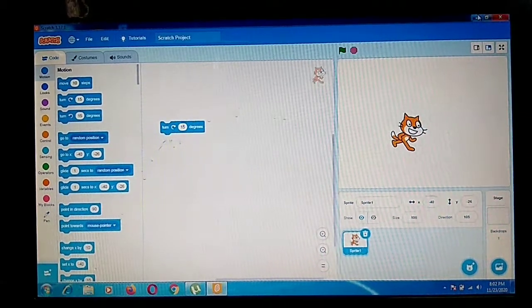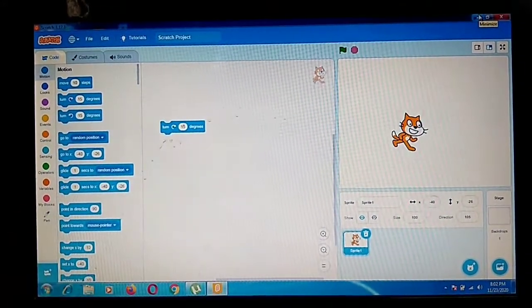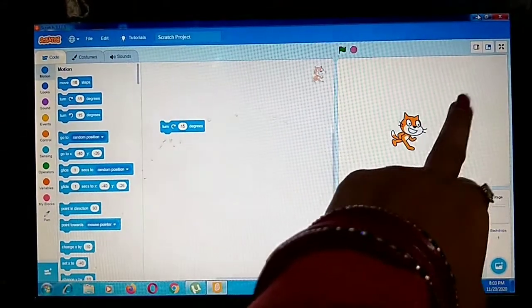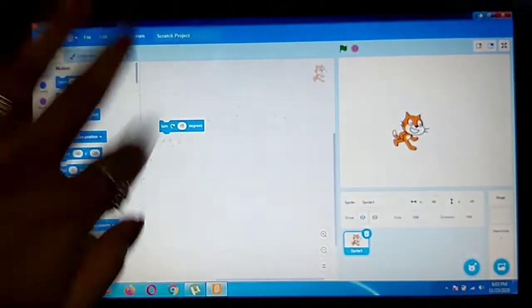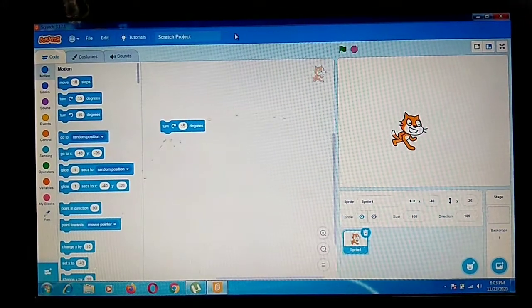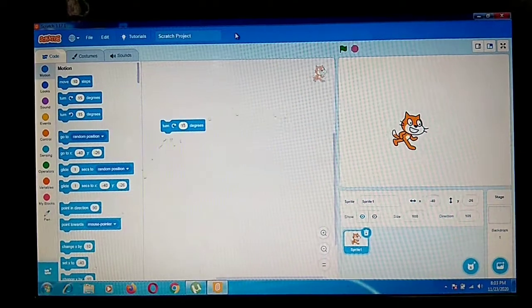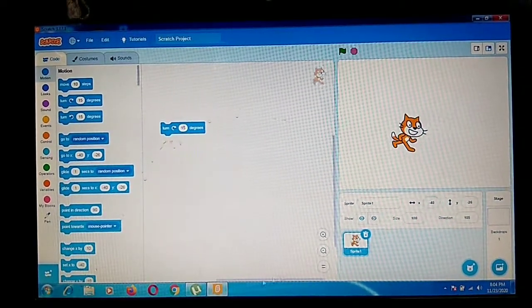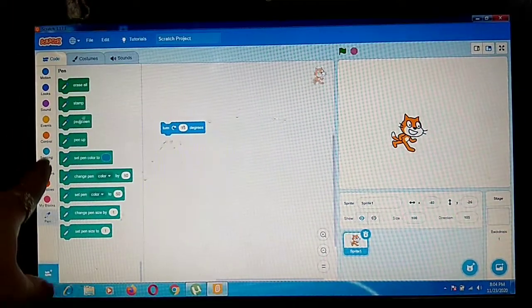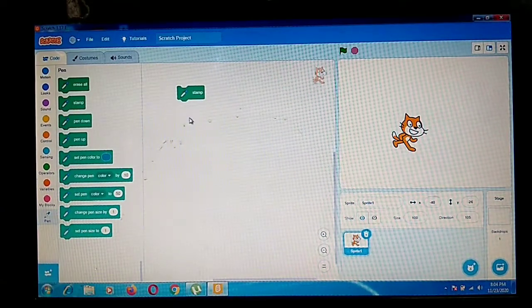Now see, the next one is making a duplicate copy of a sprite. You can see on page number 64 the next one given is making a duplicate. Duplicate means one sprite is there and you want to make the same copy. For that you have to go to the stamp block. First you will take one stamp block. The stamp block will make a duplicate of this. So go to the pen block. In the pen block you will get this stamp block, so you will choose it from there.